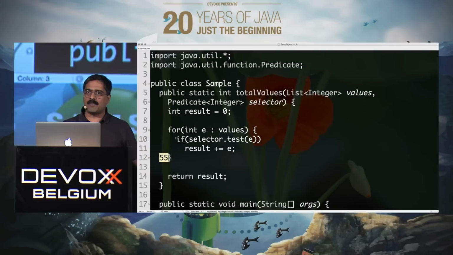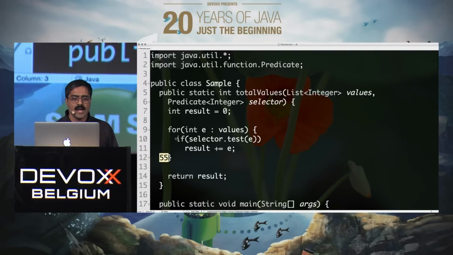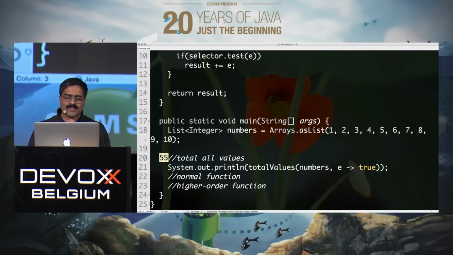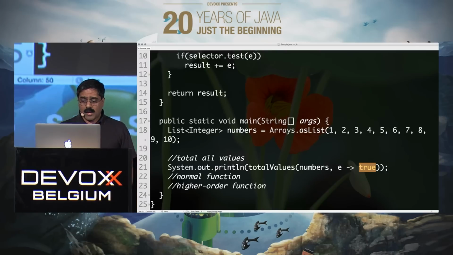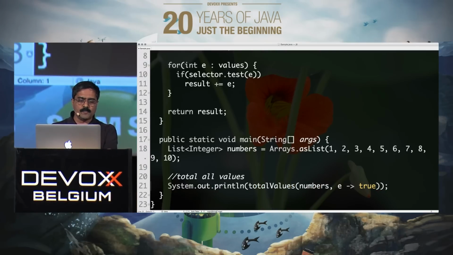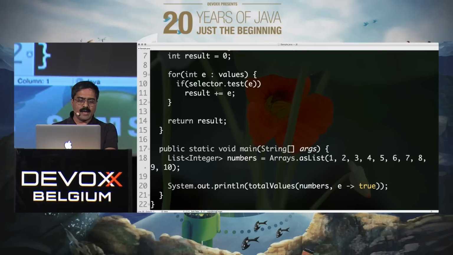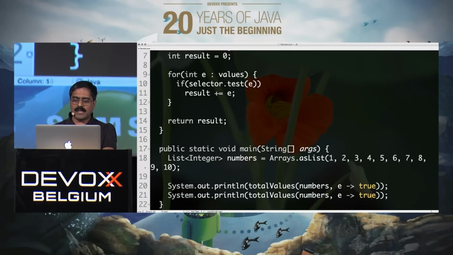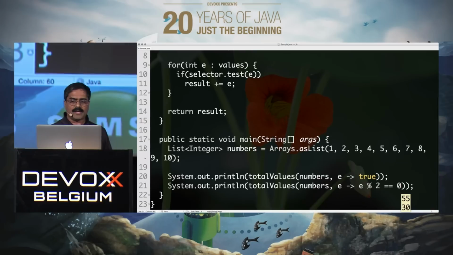The code is doing the same thing, but we change the design of the code. And what did we do in this case? We are passing an extra parameter, where this parameter simply receives a value and returns a true. Now, of course, you can get back to doing what your colleague wanted you to do, which is you can say, I'm going to compute only values for even numbers. So now we say mod 2 is equal to 0, and you can see that it's totaling the values for